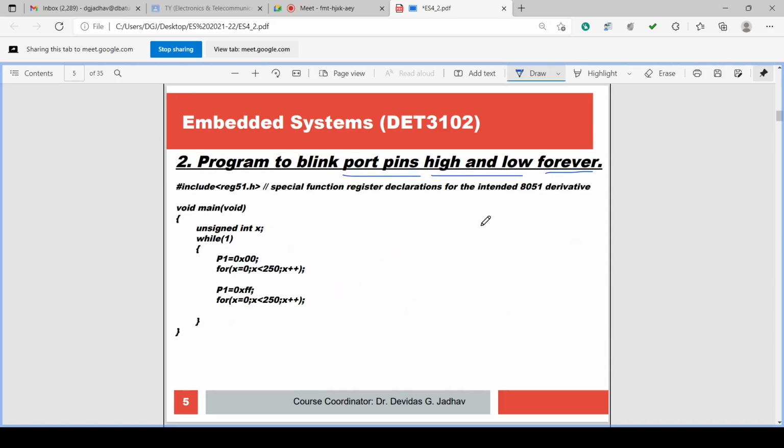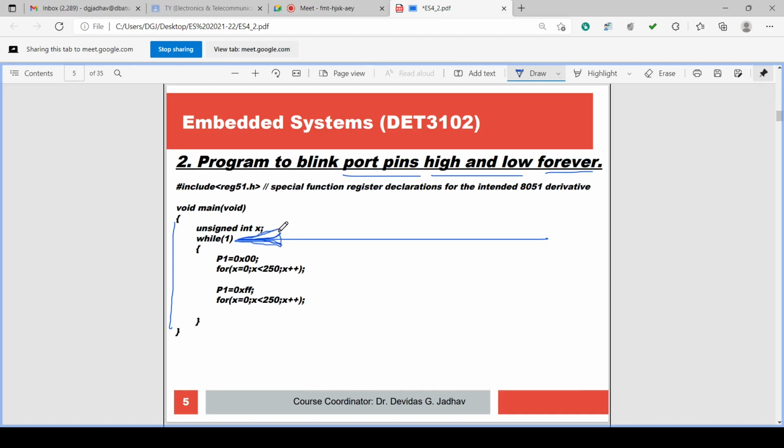So let us consider the program: include REG51, then void main void with its curly bracket, then the unsigned integer x declaration, then while 1. This is the instruction which runs forever, for infinite time.